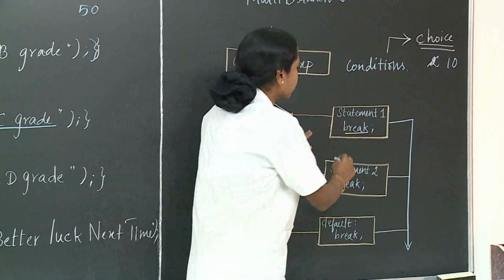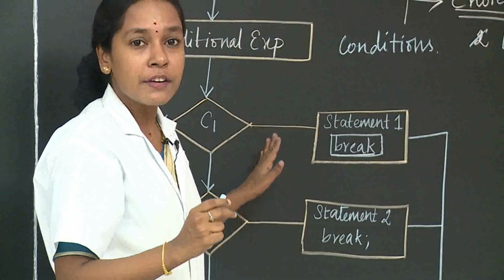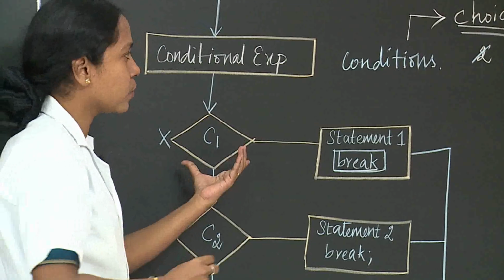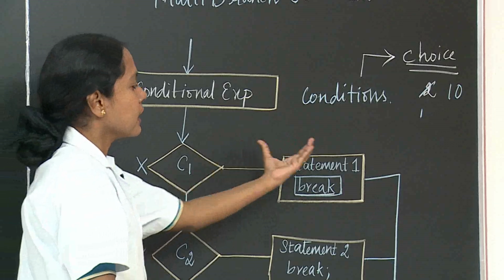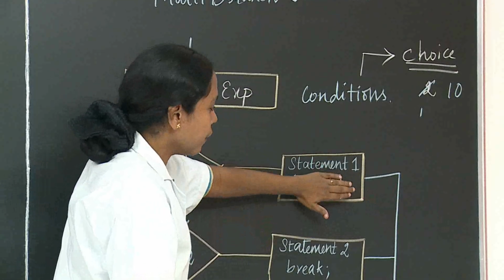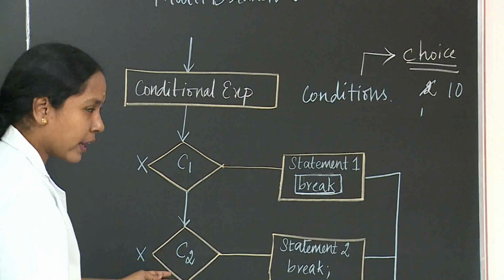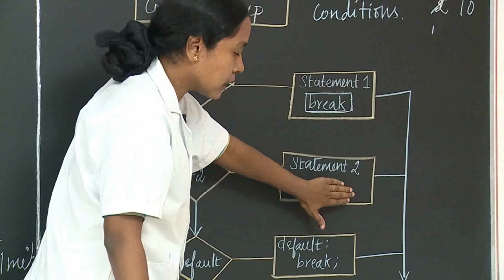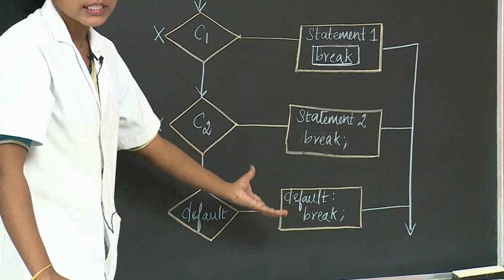What will happen if I don't declare a break statement? It will continuously execute the other cases. If the choice is 1, case 1 is executed and the statement is executed. If I ignore this break, by default it comes to case 2, and then the case 2 statement will be executed. If I ignore this break too, then the default statement will be executed as well.